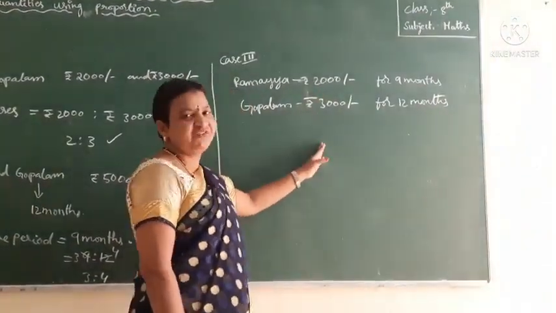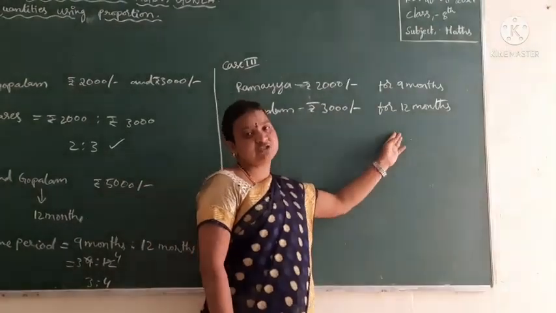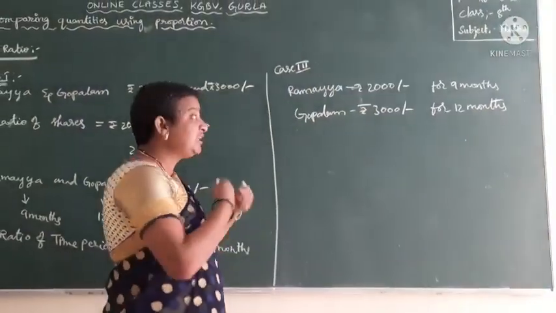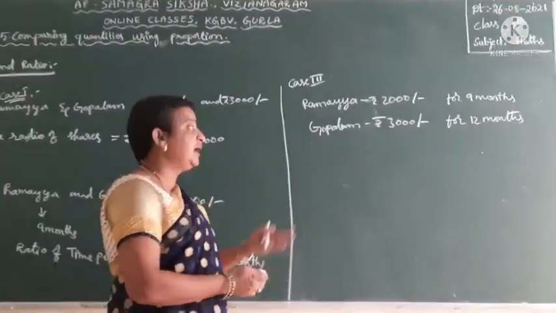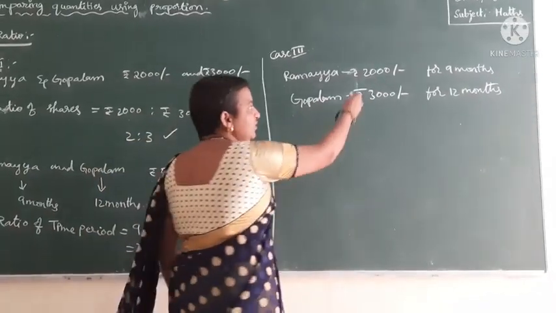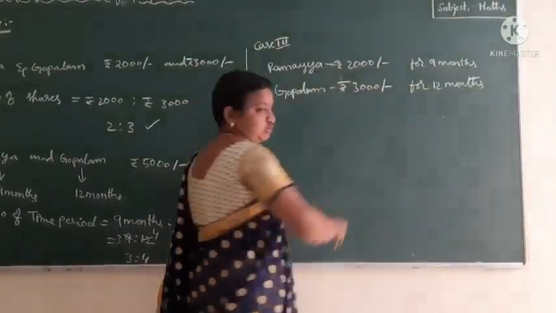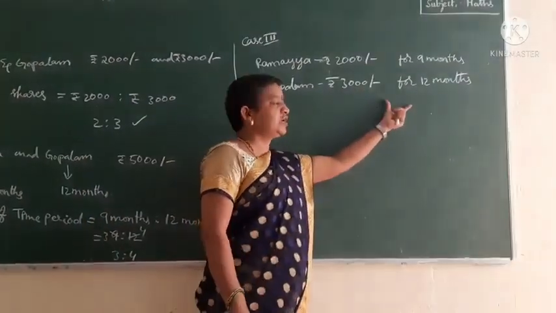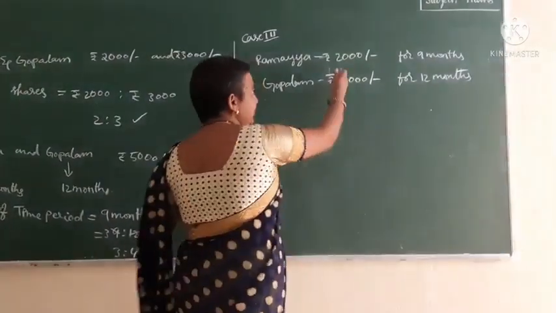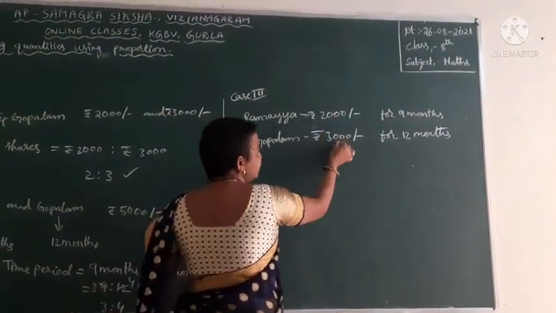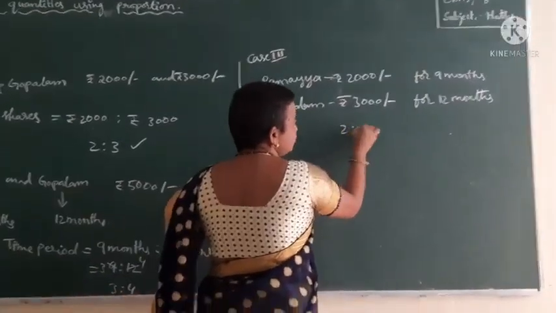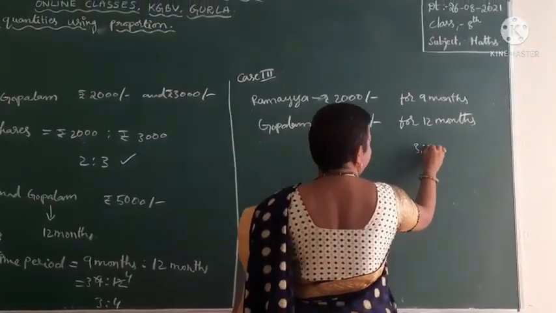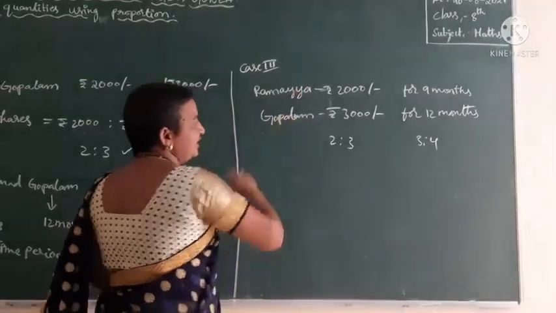Here the amounts are different and the time period is also different. In this case, how can they divide their annual profit? They can divide their annual profit using these two ratios. In this case, we have to write these two ratios as a single ratio. That means the ratio of 2,000 is to 3,000 is 2 is to 3, and the ratio of 9 months and 12 months is 3 is to 4. Now, they have to divide the annual profit